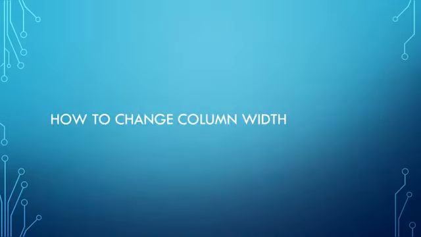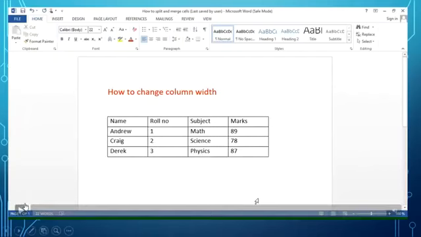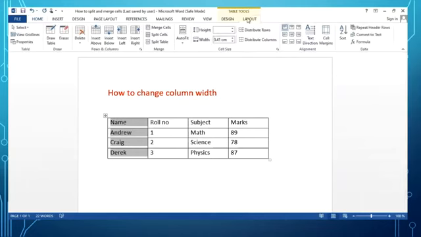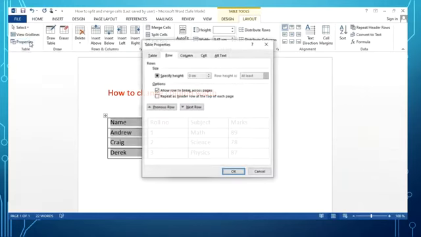Now I am going to show you how to change column width. Let's see how to change column width. We have to follow the same procedure that we followed to change row height. All we have to do is select the column. Over here I have selected a column, the name column. Go to layout, go to table group. Over here you can see properties, click on this properties. Now go to column,